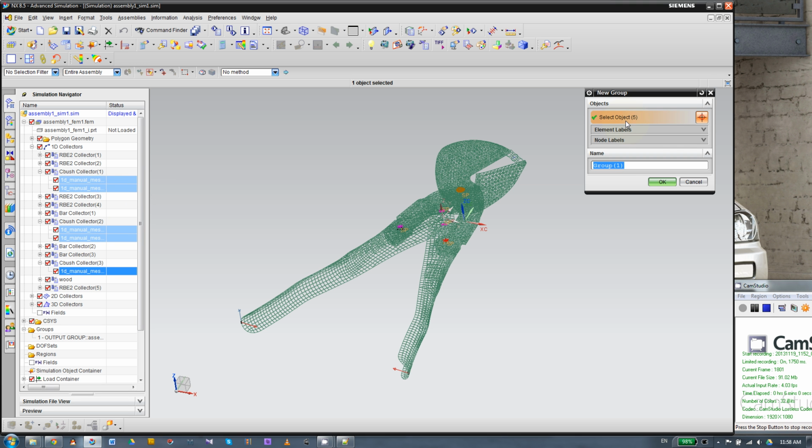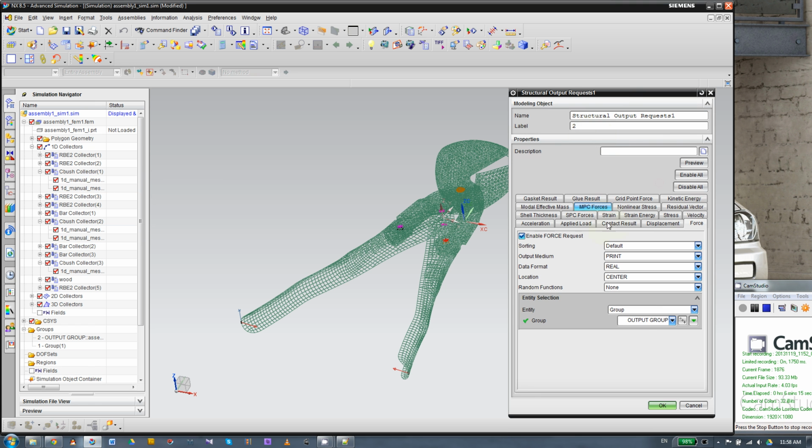So you got 5 CBush. If you accidentally selected others, it's fine. I think in the Apple 6 it will only show you the bush, the force on bush. Anyway, you should be careful when you come back here. It will not select the group you just created. So you need to drop this again and pick this group, and it will show you here as well as